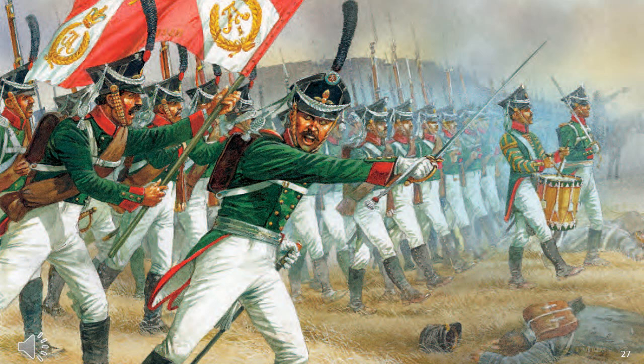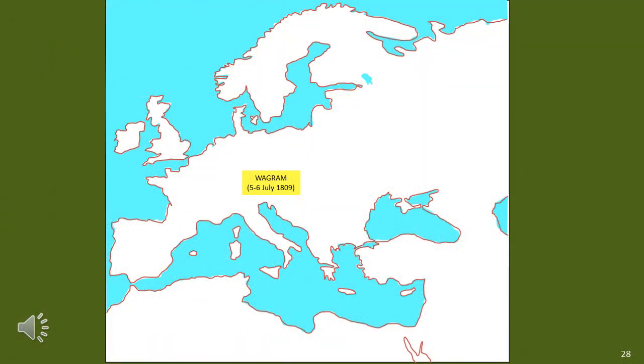On the actual battlefield, the Russians performed rather well, even when attacking, so there was no real difference on both sides. Now we move on to 1809, which was the next campaign. In 1809, the Russians, or the Austrians, decided to attack the French, which resulted in two major battles. The battle we will look at in this video is Wagram, which occurred on the 5th and 6th of July